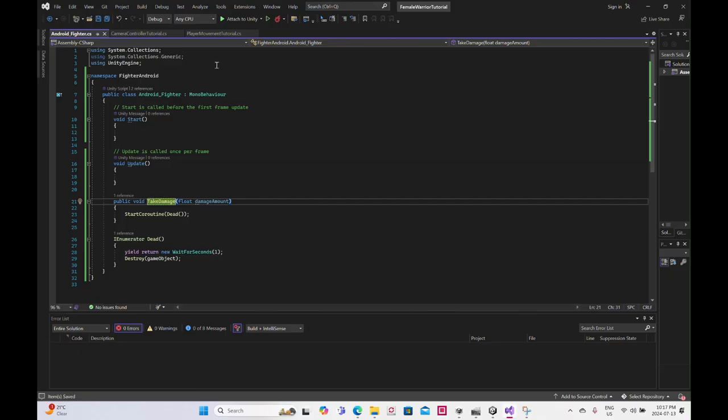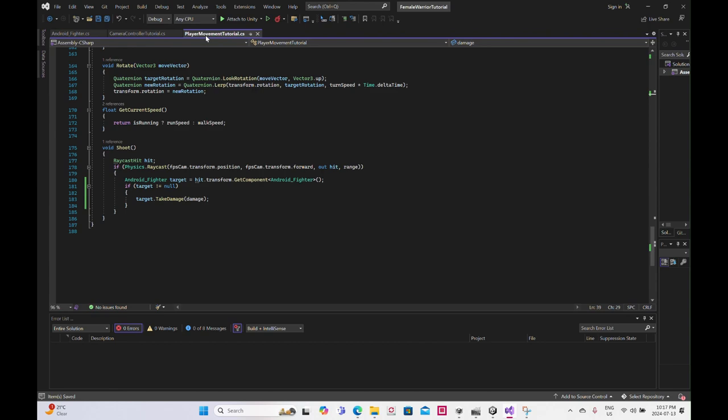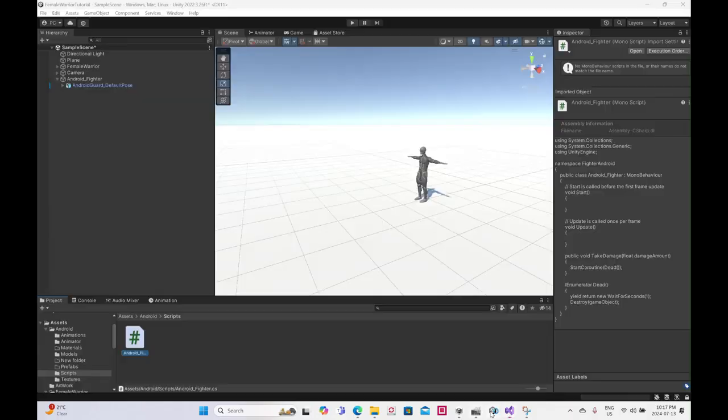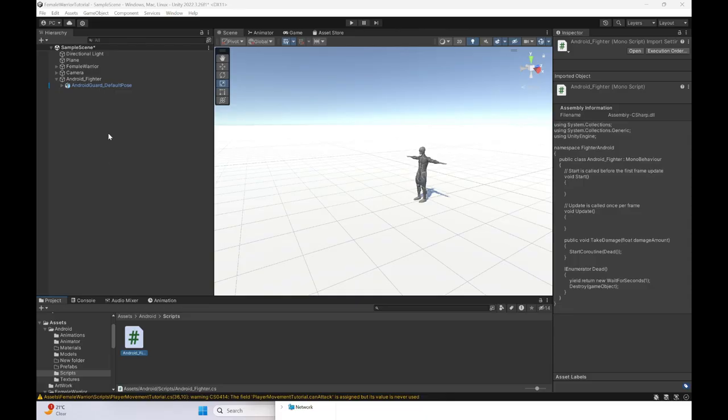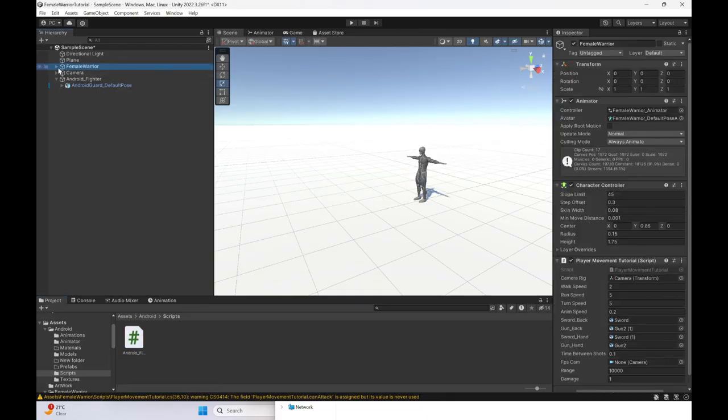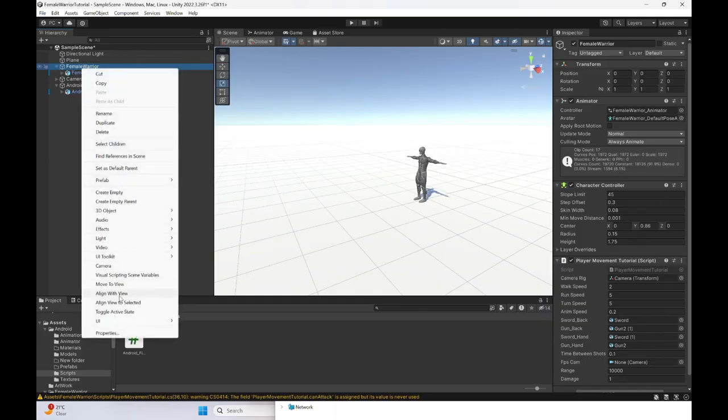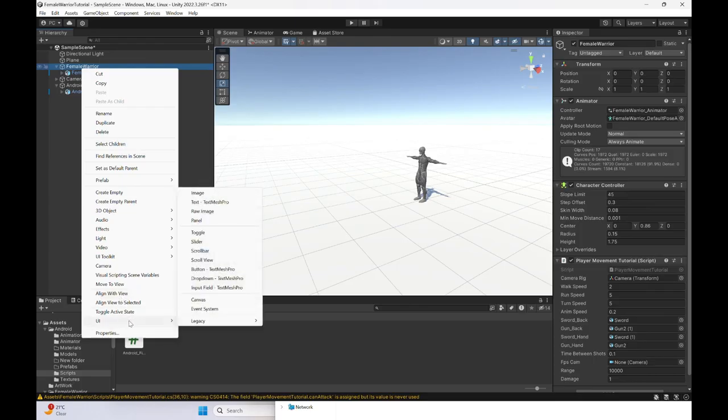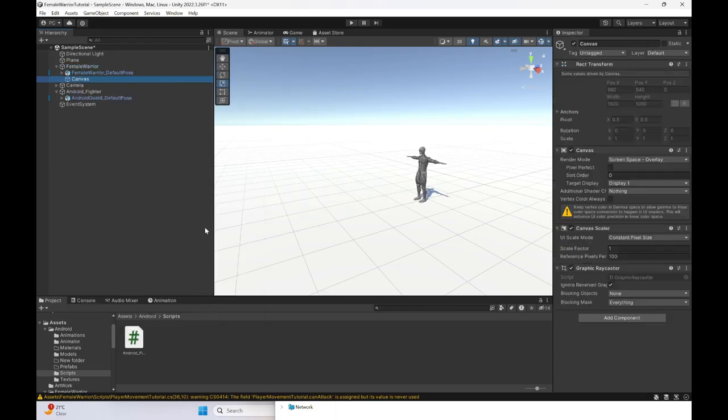Okay, so that's good for now. Next thing that I need to do is I need to go into the player, actually first I need to create the reticle. In order to create the reticle, I need to select the female warrior, and under that I'm going to create UI, I believe it's canvas,